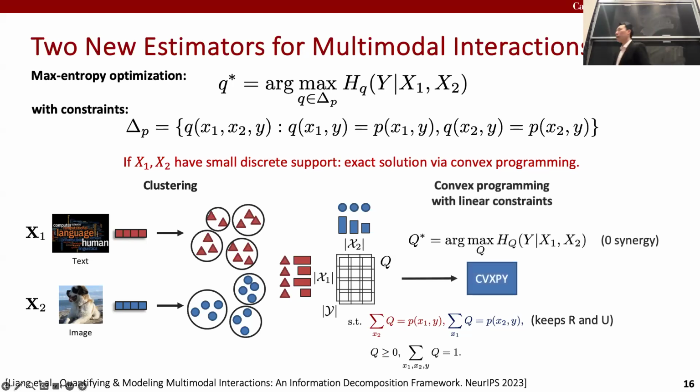So that's the optimization variable Q. You can plug Q into any convex solver, because maximizing entropy of Q is a convex problem, and that returns the Q star that has the highest entropy while respecting these constraints. And that Q star is the one that has zero synergy in that distribution, which means you can compute how much synergy there is by taking the difference with the original distribution P. And we actually show that if you have synergy, you can infer all the other interactions immediately as well. So that's the first estimator.